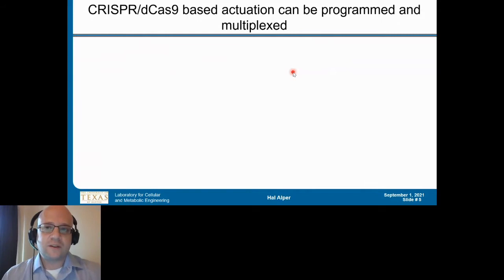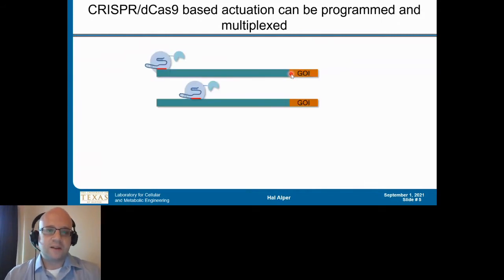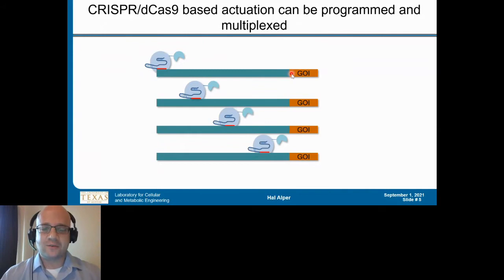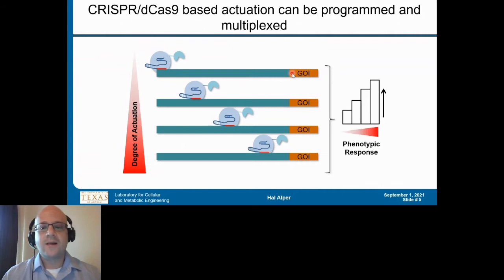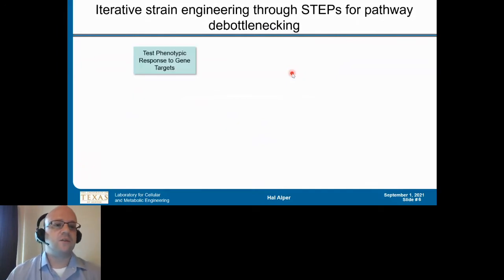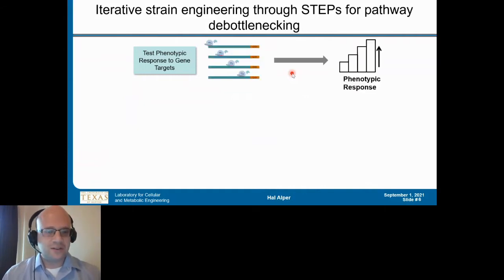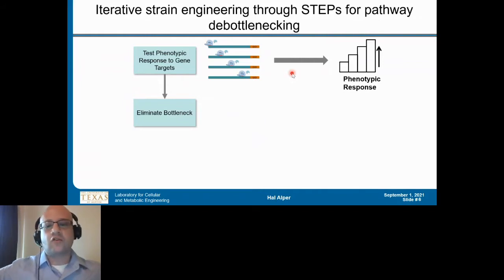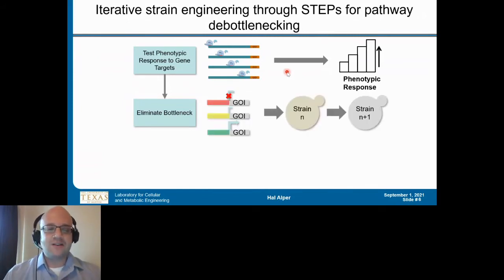So really, this has enabled us to program and multiplex, meaning we can step along the way to any gene of interest in a programmable manner, change that degree of actuation, and then measure that phenotypic response. This allows us, in an iterative fashion, to debottleneck pathways. We can test for our phenotype of interest, some metabolic overproduction, using this type of STEPS approach, and find where the bottleneck is, because we can query this across all the different potential rate limiting steps within a cell, or even on a library basis, which I'll talk about in a little bit,